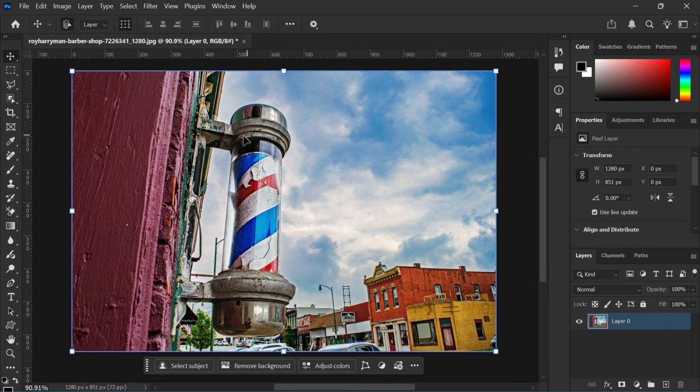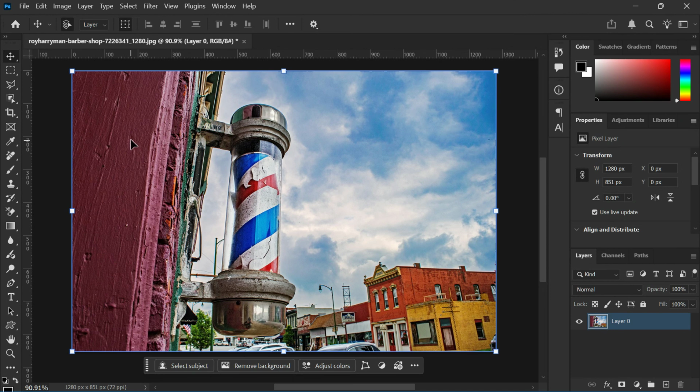Now, let's jump right into Photoshop. First, open your image in Photoshop. You can do this by going to File, then Open, and selecting the photo you want to edit from your computer. Once your image is open in Photoshop, we're going to start with the fastest method to create a sepia